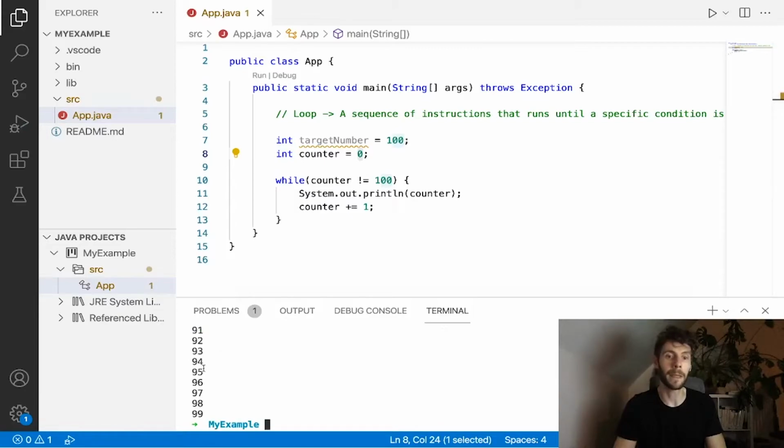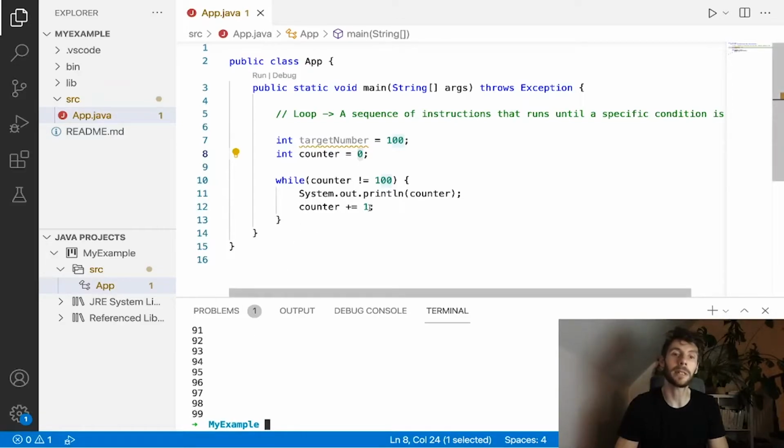Yeah, okay, awesome. And so you see here that we've run it all the way up to 99. What happens here is that we incremented the counter after we already printed out our number. So we incremented the counter and then it checked. Let's go back up to